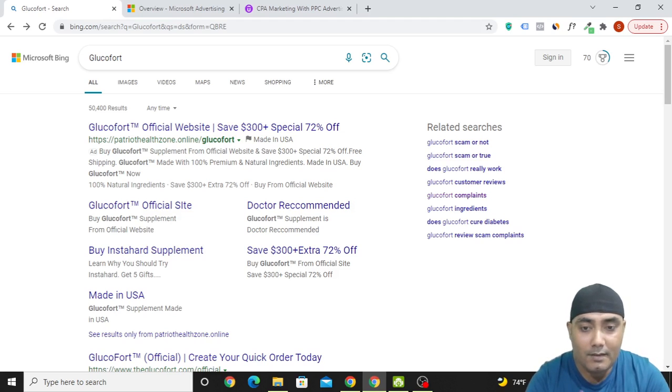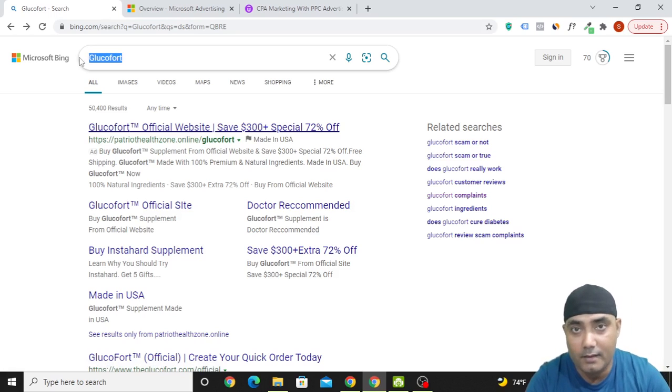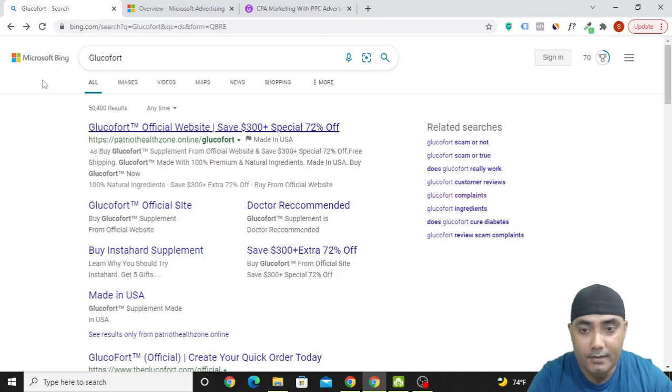What you are seeing on my screen is a product being promoted called Glucofort, and it is promoted by targeting the keyword Glucofort itself. It is called brand bidding, and the platform it is being promoted on is bing.com, and the ad is run